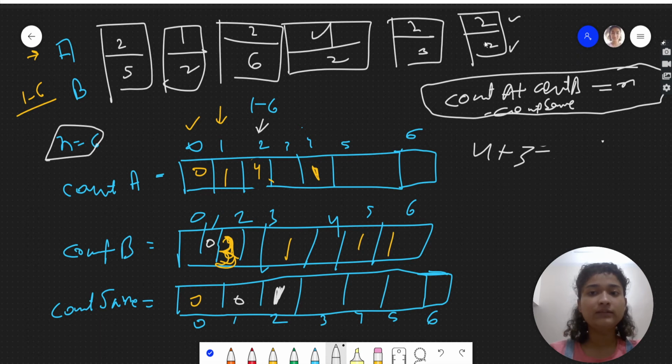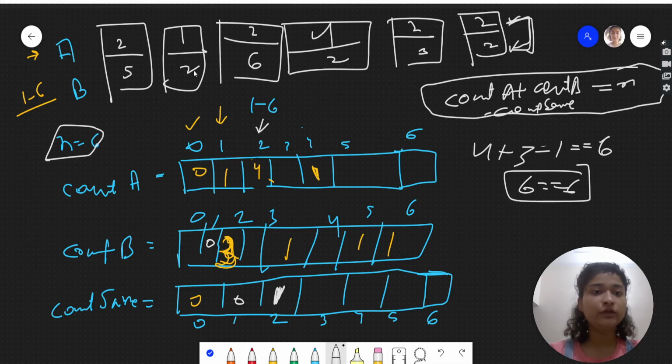For this it was the same, so just take one occurrence, because there is no need to rotate this, no need to swap, because what's the point of swapping? Both are the same only. So 7 minus 1, 6, is it equal to 6? Yes, meaning 2 is in every domino, either in the top or the bottom.